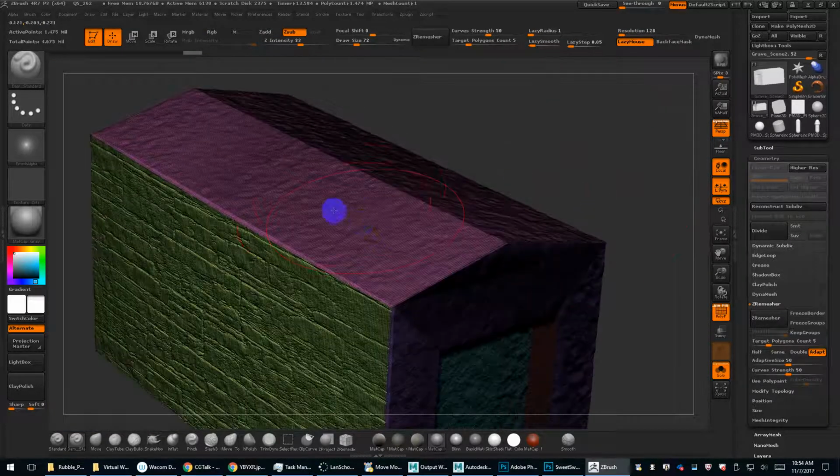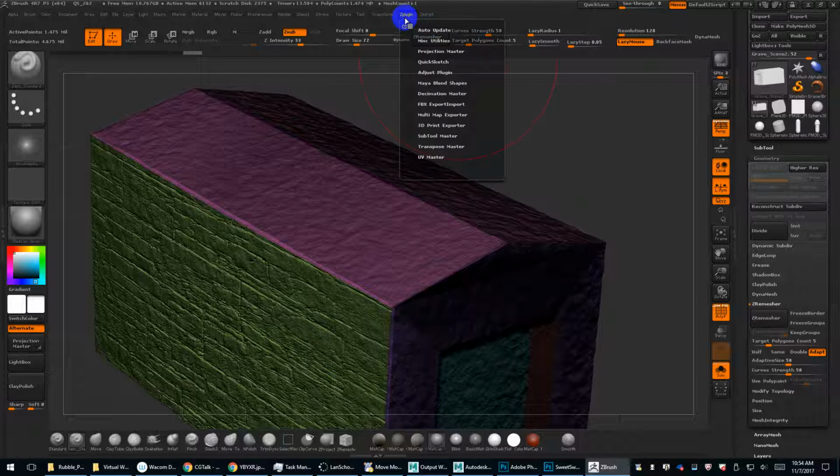Decimation Master is incredibly useful. What it's ideally used for is really, really high resolution detailed environments or high resolution detailed characters that can't be exported for a video game, for an environment set, or even for 3D printing. Some 3D printers have a memory limit, meaning the file size can't be bigger than 32 megabytes, let's say, for the raw poly count. So this I sometimes use, and I will allow you guys to do this as well,